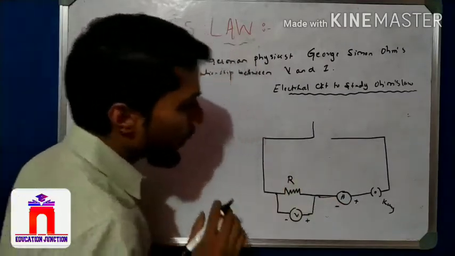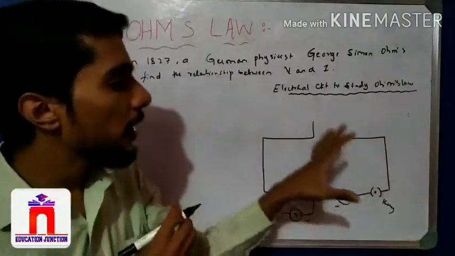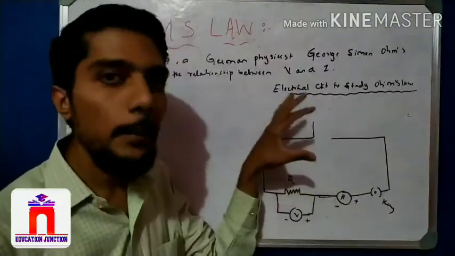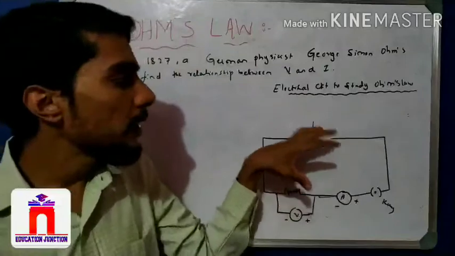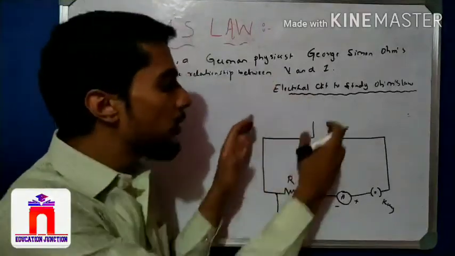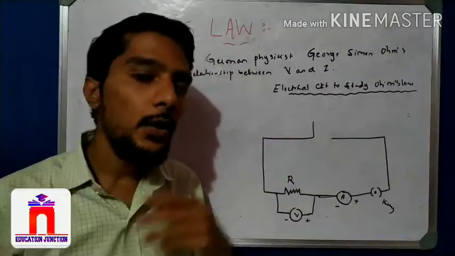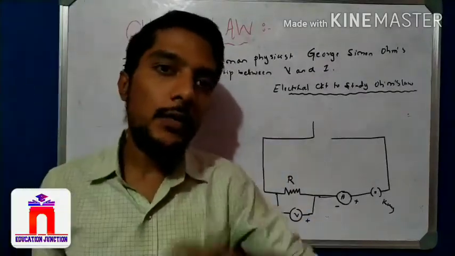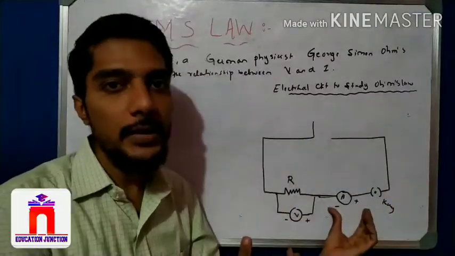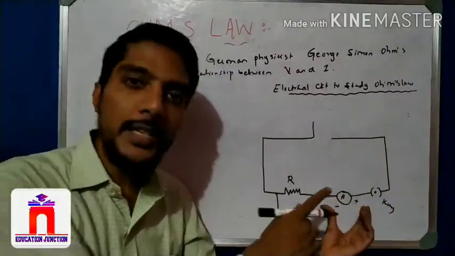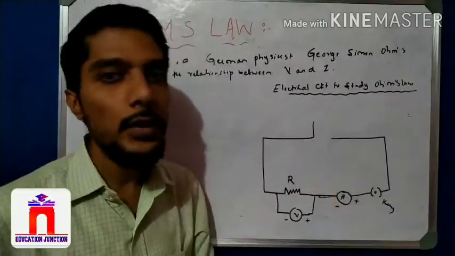Now there is no flow of current here because we have not yet attached a battery. So what does Ohm do? He applies a potential difference across the ends of a metallic conductor. Whenever we apply a voltage, current flows in the circuit, and it is measured by the ammeter. If there is no current, the ammeter reads 0. If there is a current, it deflects.